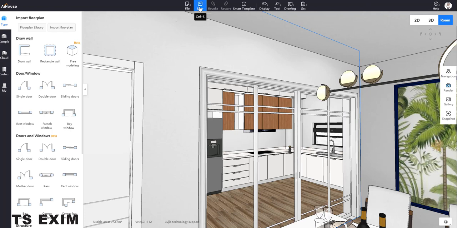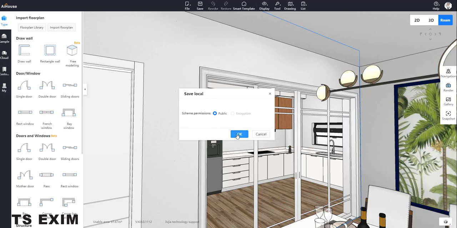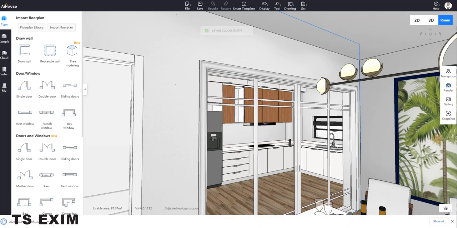Simple. Usually we save a file with Save here, then save to cloud. If you want to save on your computer, you can click here, File, Save to local. Then just click OK, and the file will be saved on your computer. For example,